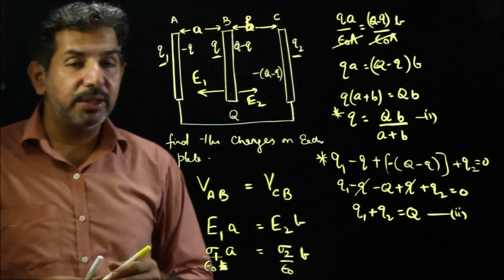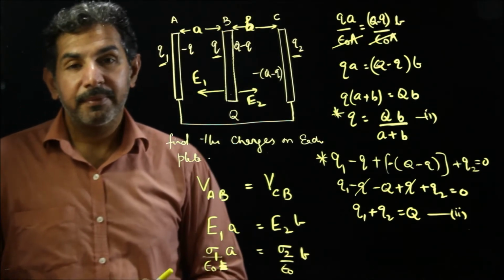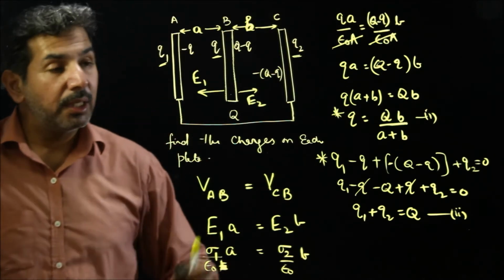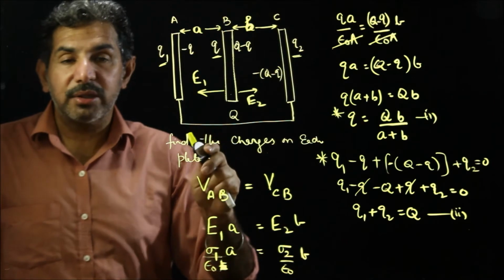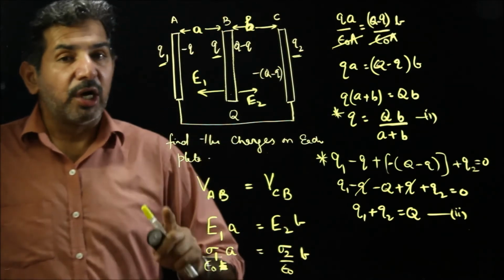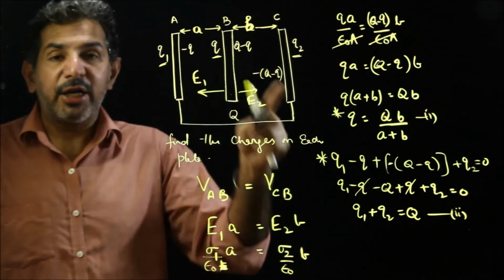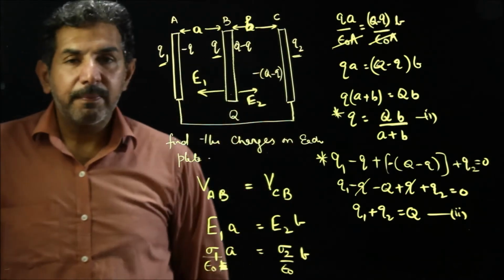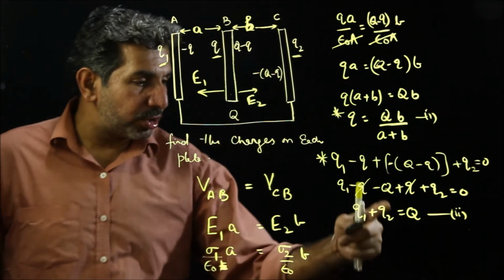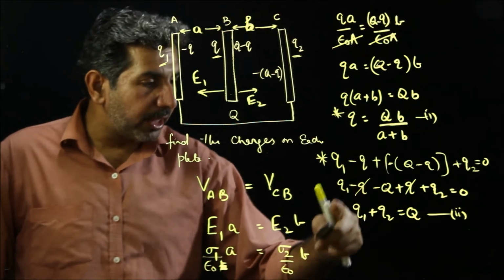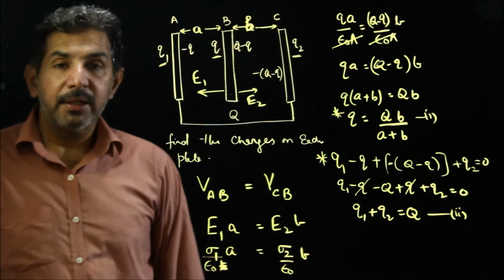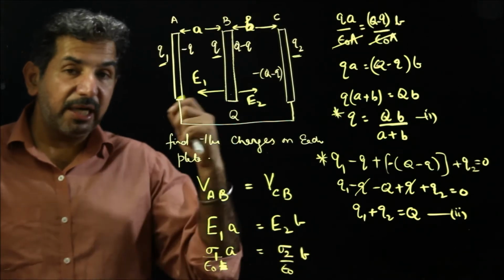Now the things are going to have a very complex shape. The third equation is a little difficult. That is why I have told you, please concentrate on this question. This is really a very good question, and you are going to benefit a lot from understanding it. Now think of how we can have the third equation so that we can find q1 and q2 in terms of small q. You will really have a tough time thinking this.